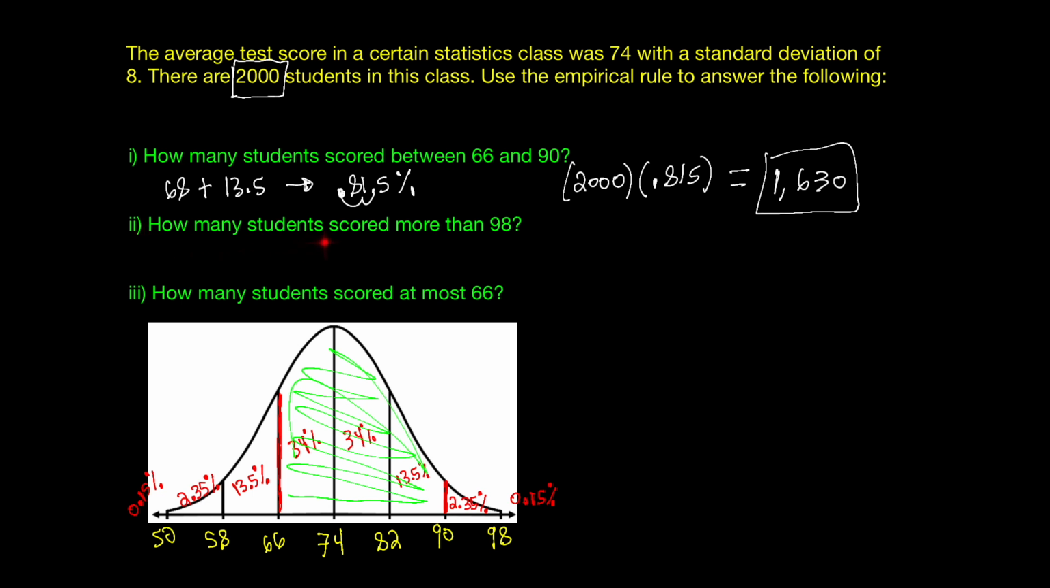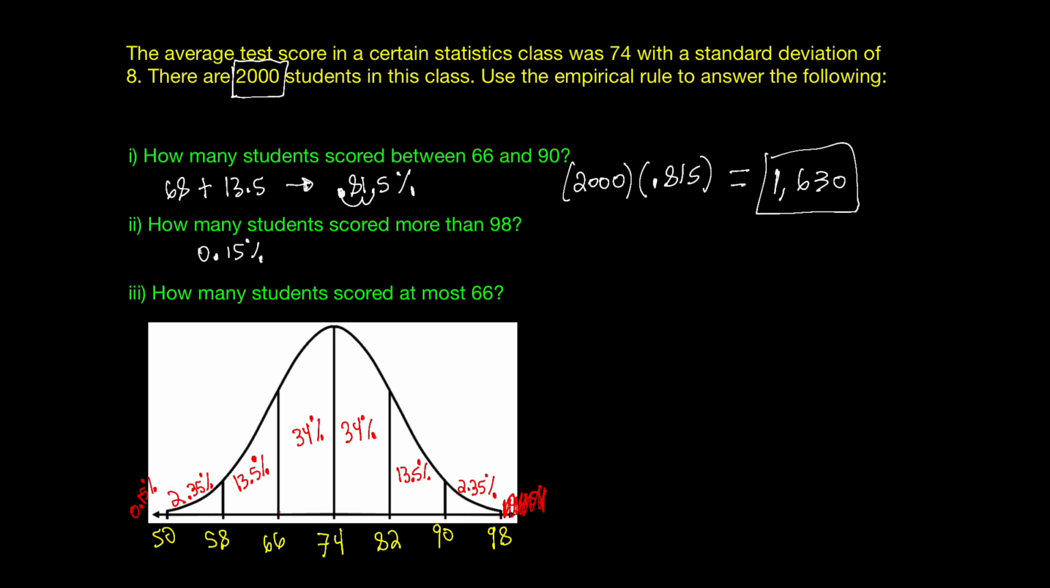Moving on to part 2, how many students scored more than 98? So I'm going to begin at 98, and here, if I want more than 98, that's only 0.15%. So I have 0.15%,